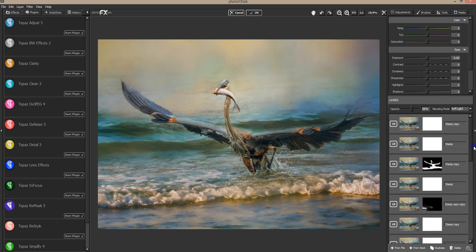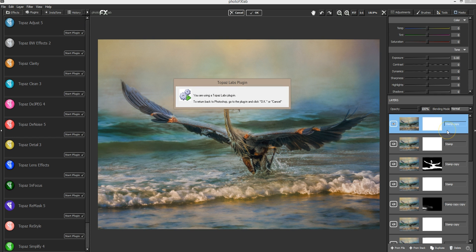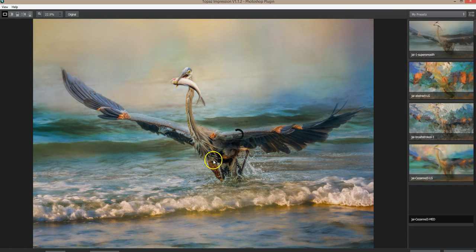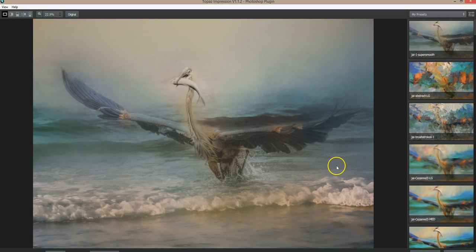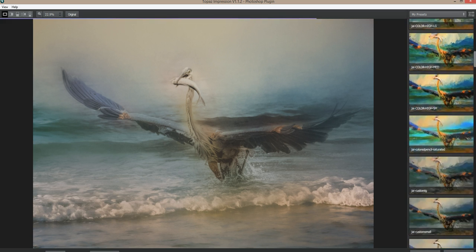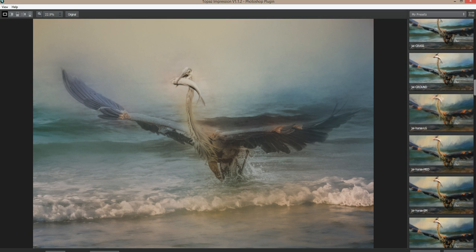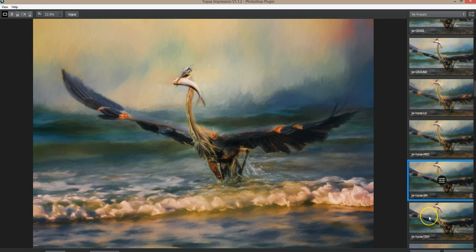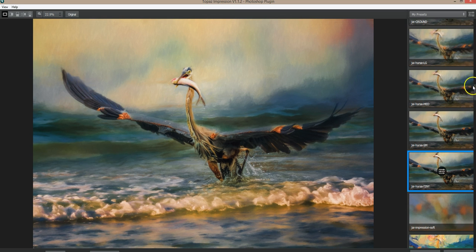Now you could take this image at this point and run Topaz Impression over the whole thing, which would make it look even more cohesive. And I'll show you an example. I think he looks pretty cohesive as he is, but if you are having a problem with this being too distinguishable from the background, too much of a difference, you can go into Topaz Impression and run it over the whole merged layer. Like that, or